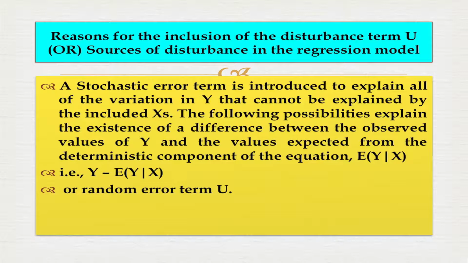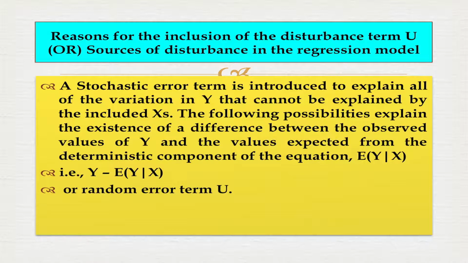The following possibilities explain the existence of a difference between the observed values of y and the values expected from the deterministic component of the equation, that is the conditional expectation of y given x,